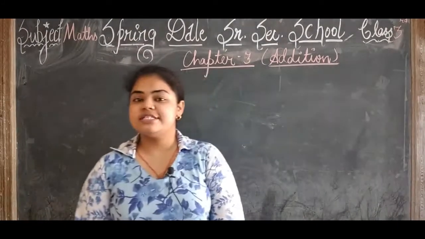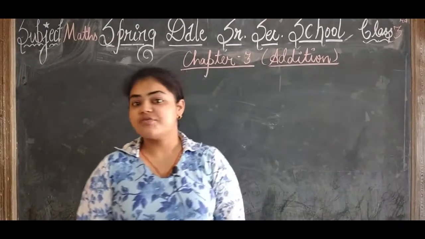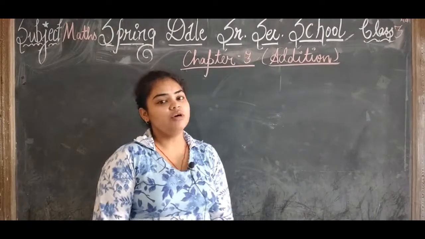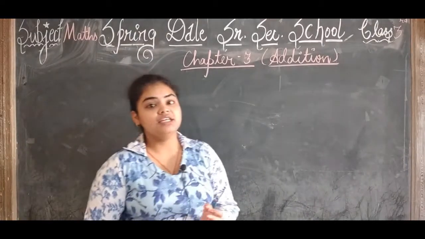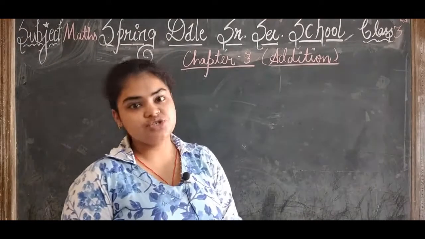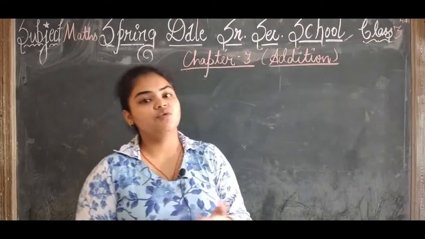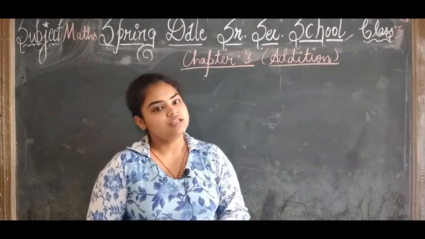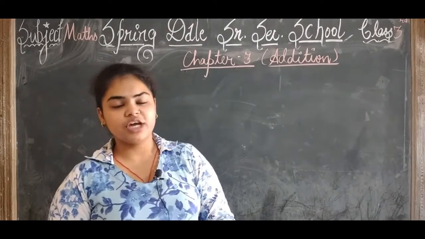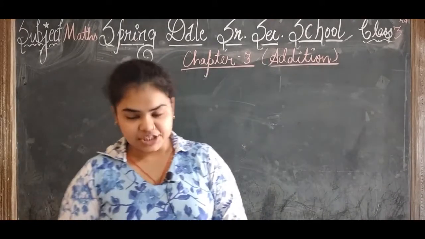Today we are going to start our maths chapter number 3, addition. Okay children, it is of class 3rd. Now what do you mean by addition? Addition क्या होता है? When we are adding two or more numbers together, we can just add 2 numbers, 3 numbers, 4, 5 and so on. We can add many numbers together. That is called the addition. Okay children? Now we are going to start with our chapter 3 of addition.